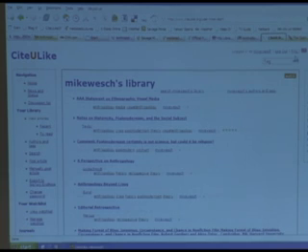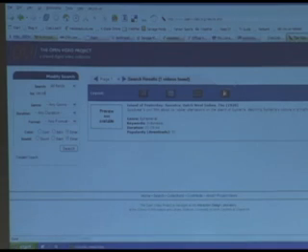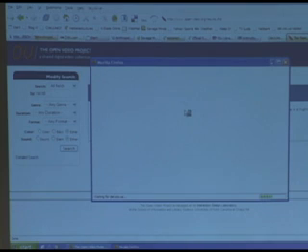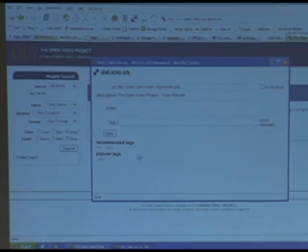Now, this only works with journal articles, but if you happen to find something like a website and you want to tag it, there's another nice little program, and it's called Delicious. And Delicious also has a tag up here, and you can tag it. And so I'll just go ahead and tag this film, video, save it.